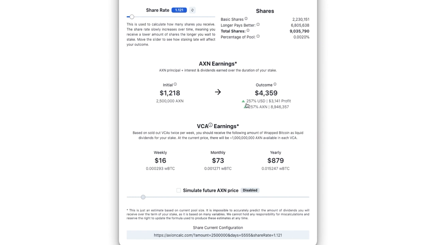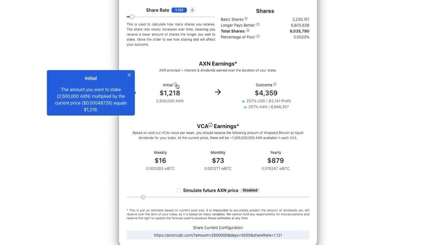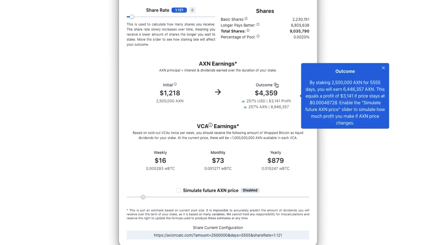We're looking pretty good. 15 years, 260% return at the current price of Axion, which is 000483. And you can actually just check up on that, and it tells you how much you're going to get. 2.5 million multiplied by the price equals $1,218. And then, of course, by staking this amount, you will earn another 6.5 million Axion. This equals a profit of $341 if the price stays at 000487. And you can simulate the price slider down below just to adjust it